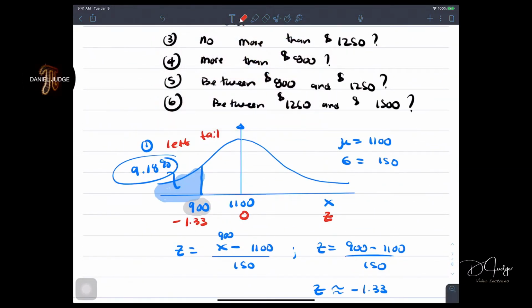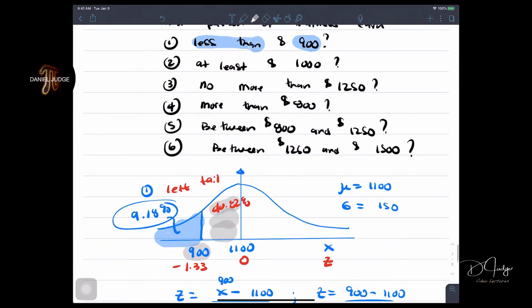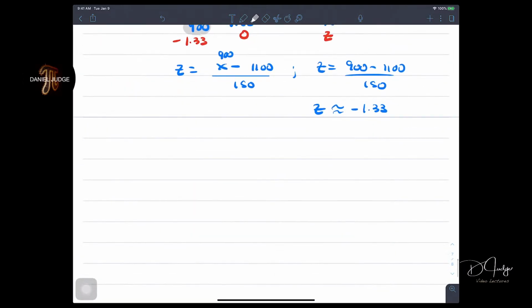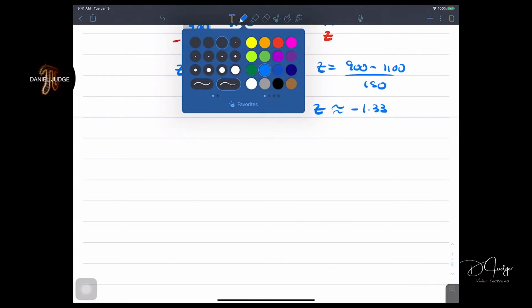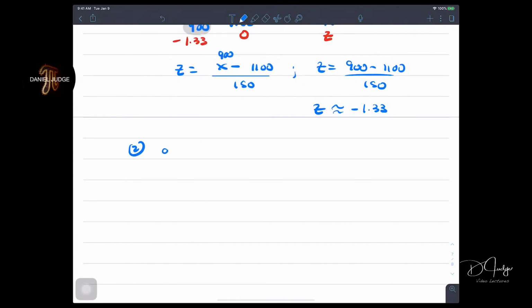4082. This portion's 40.82% right in here. What's missing? Okay, so anyway, that one's the same. So fine. Look at least 1,000. So if you said to me for the next one, at least